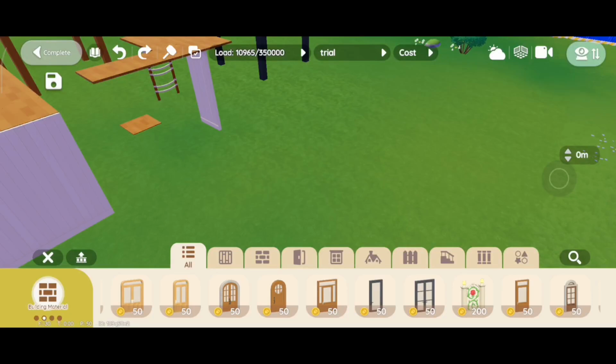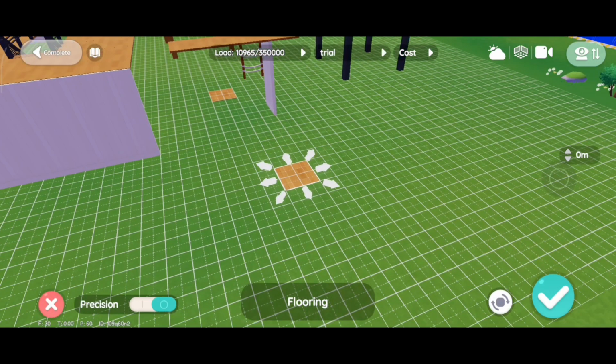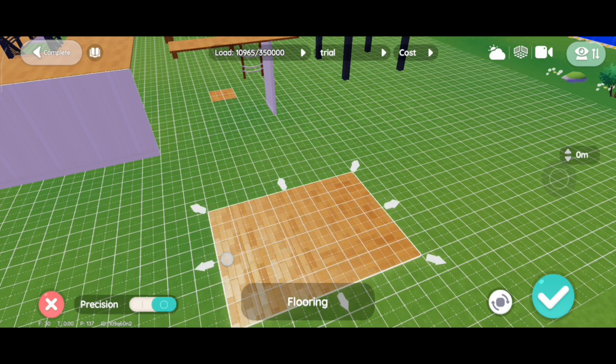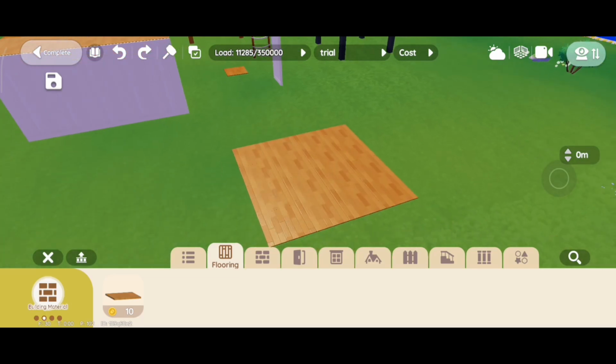In this tutorial, I will show you how to build a beautiful two-story glass wall house in Heartopia. It's very easy and only takes a few steps. First, just place the floor to create the size of your ground floor. For example, maybe I want to just like this. And then next, just